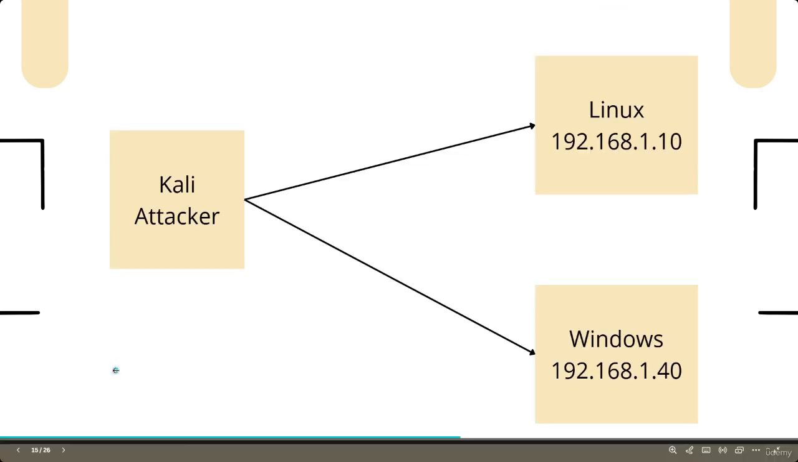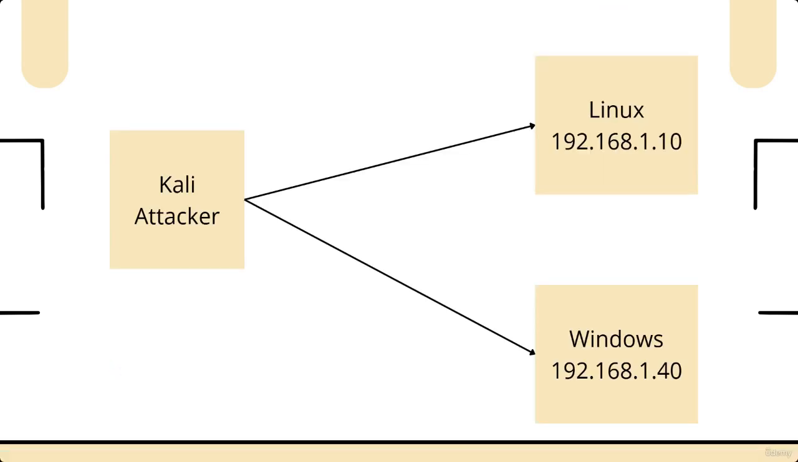In our lab, we are going to use Kali as an attacker machine, and our victim machines will be a Linux machine which has an IP address 192.168.1.10 and a Windows machine at 192.168.1.40. We are going to use these two different agents and launch an attack